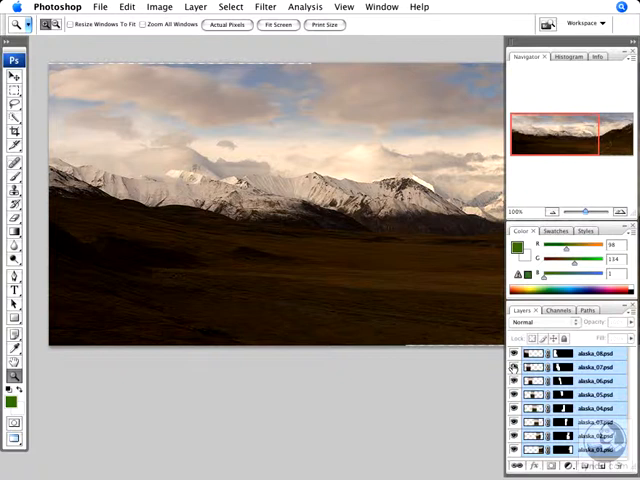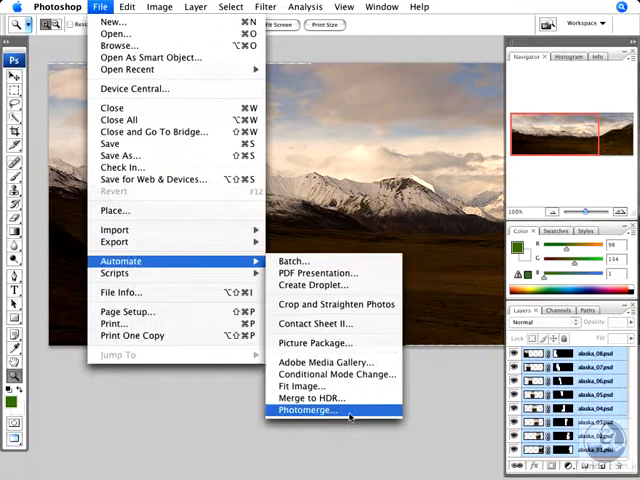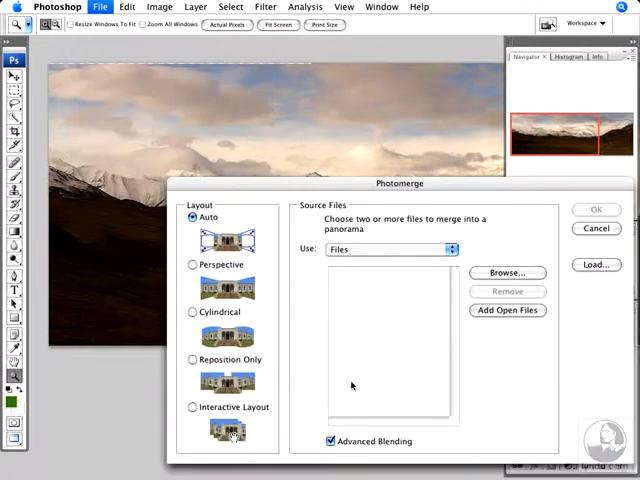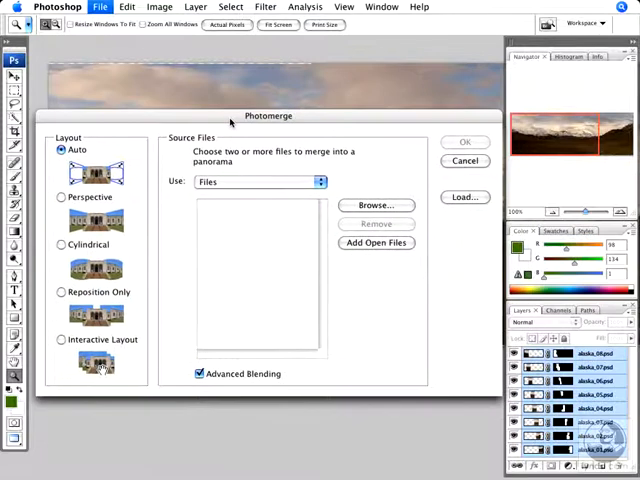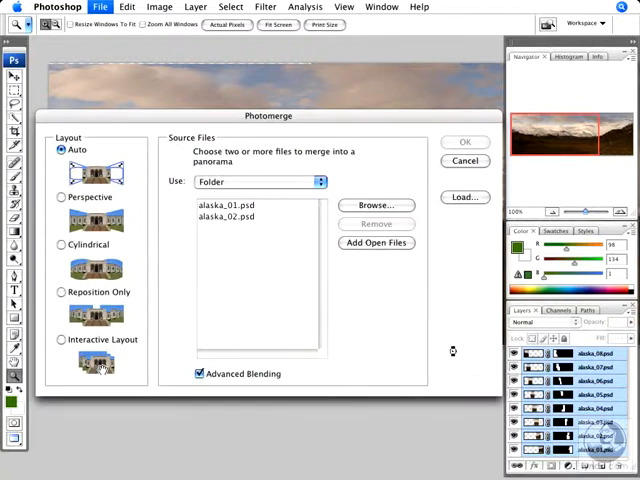The second way to launch PhotoMerge is directly from Photoshop. From here, we navigate to the File drop-down menu, Automate, PhotoMerge. This will launch the PhotoMerge dialog window. In this case, I'll be choosing Auto. I'll use a folder of images, and I'll browse to select those images. These 8 images were captured by Ralph Clevenger. Select Choose,